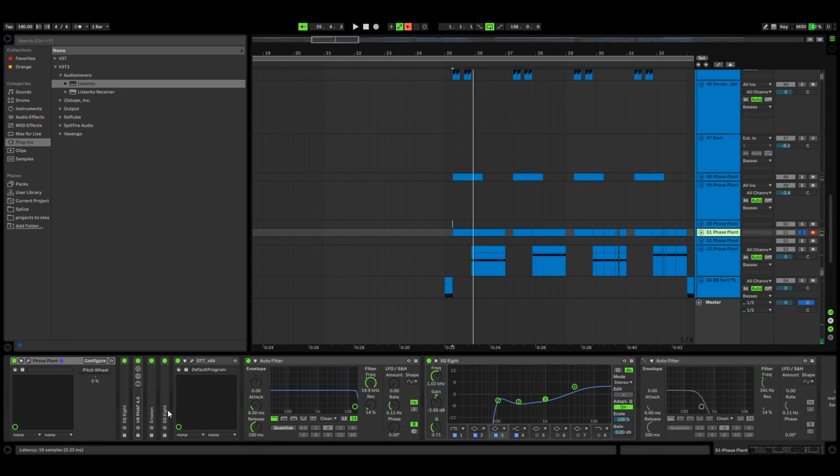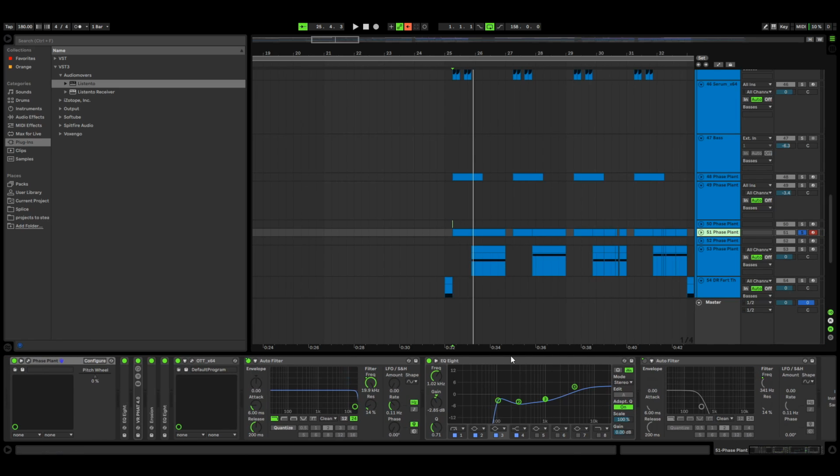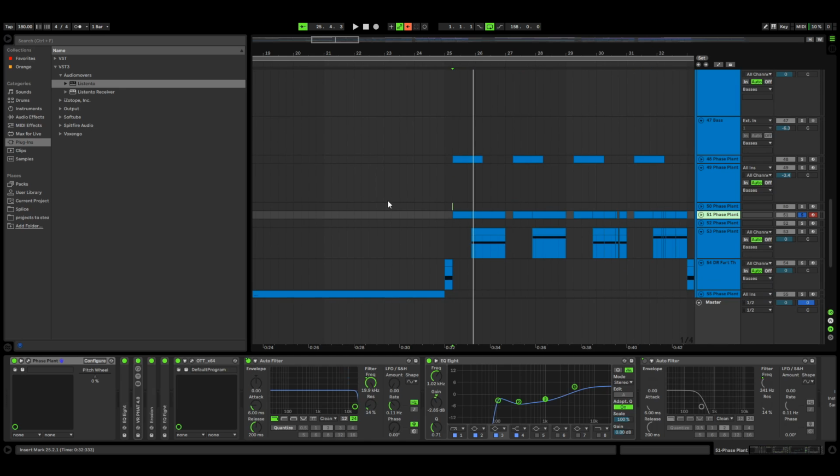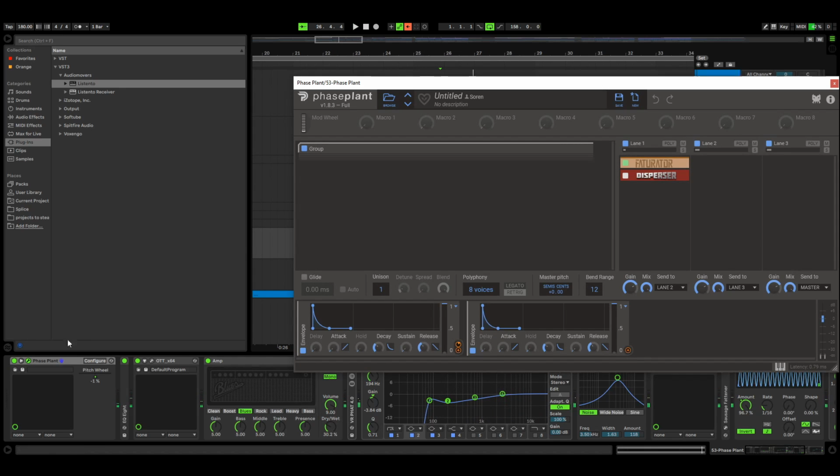On top of that, there's also this layer. It's just like a simple noise thing with a crap ton of processing on it, which just gives the sound a little bit more attack. And then also in this specific section, there's, which looks like, what is this?